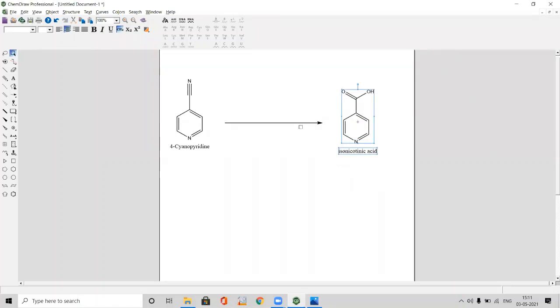Pull it down. Now the hydrolysis reaction had taken place, which I need to mention here. For that purpose, simply click on the text icon, click above the arrow mark, and write down hydrolysis. So there ends the matter. Now this reaction indicates 4-cyanopyridine upon hydrolysis results in the formation of isonicotinic acid. So in this reaction, the cyano group converts into carboxylic acid group through hydrolysis. So this is step 1.